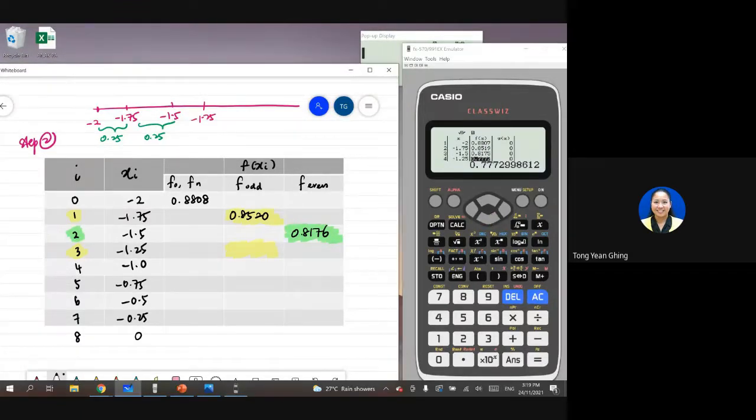Okay, so this is 0.7773. Okay, and then here I will key in the next one, 0.7311. Okay, and next, sorry, this one is an even number again. This one is also an even number. Okay, so this is